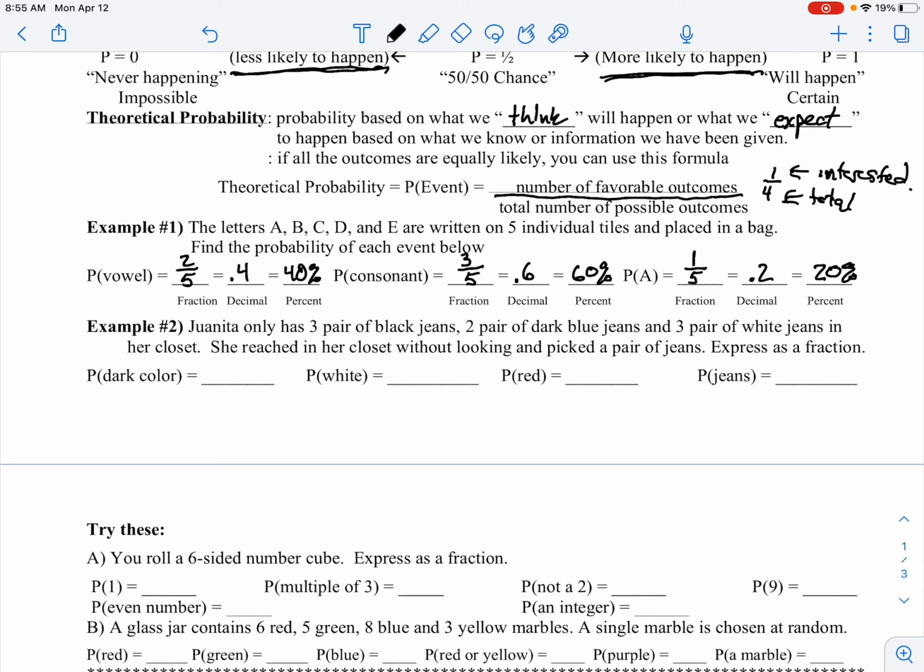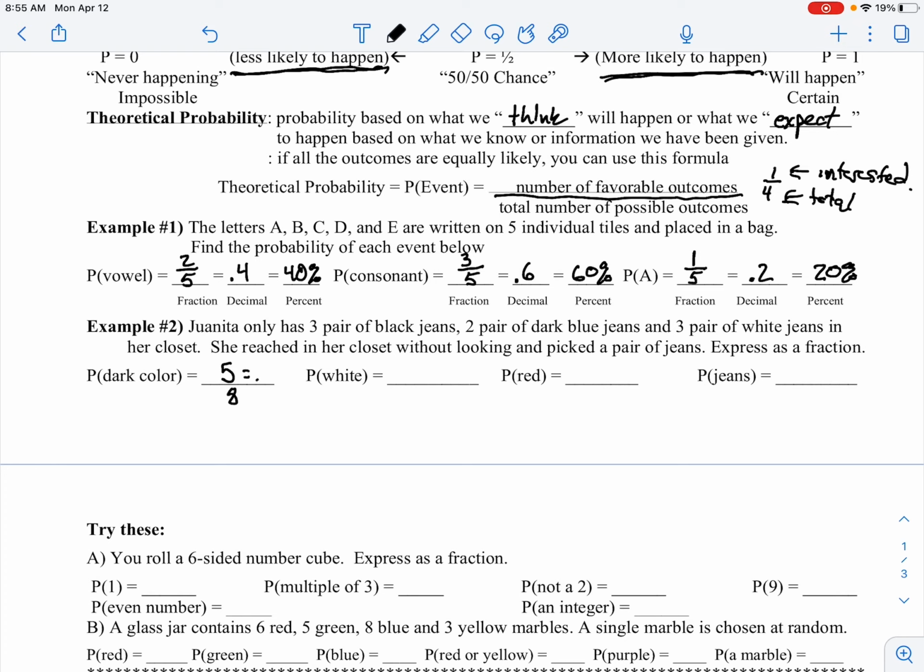Looks like she's got 8 pairs of jeans altogether. So I'm just going to use this as a fraction bar. 8 total pairs of jeans, and how many of them are a dark color? Well, black is a dark color, and dark blue is a dark color. So 3 pairs of blacks, 2 pairs of dark blues, she has a 5 out of 8 chance of getting a dark color,